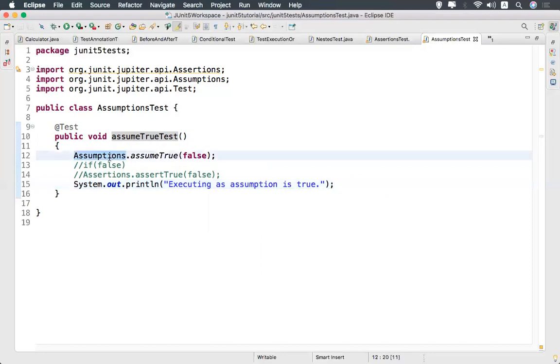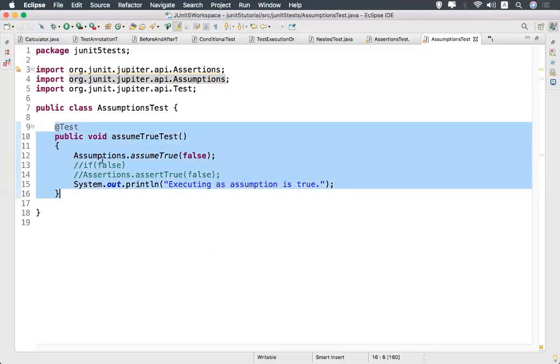So that is the reason assumptions will help you. If my assumption is true, there is a condition before this, and if that is returning true, then continue the rest of the execution. Otherwise, don't waste the time, don't execute, and simply skip the test case. That is what assumptions will do. So now it's clear, right? Now the difference between assumptions, if condition, and assertions. Okay, so that is the advantage when you use assumptions.